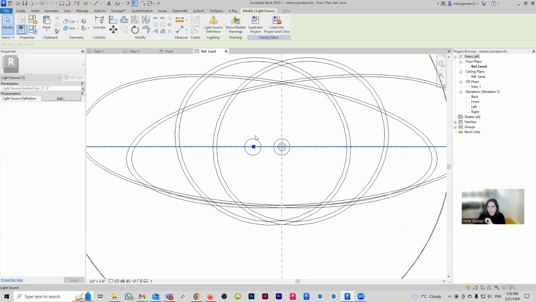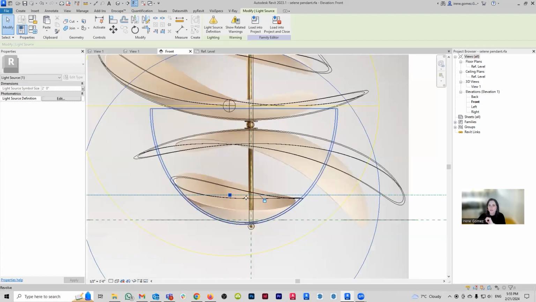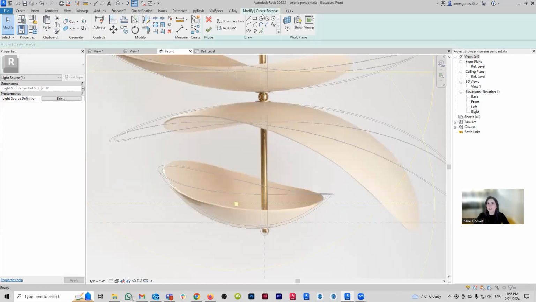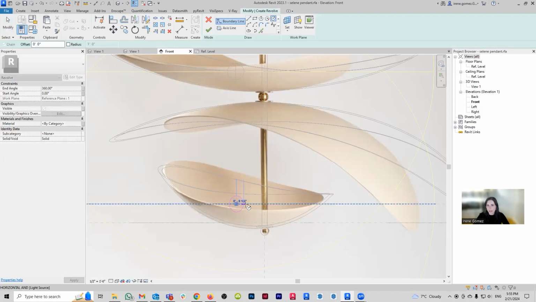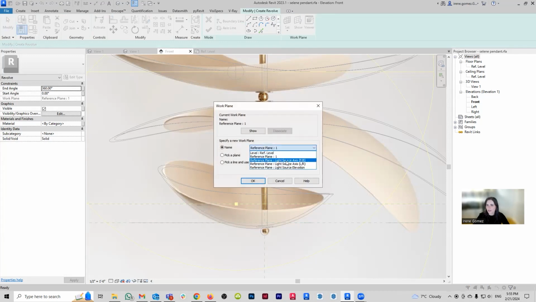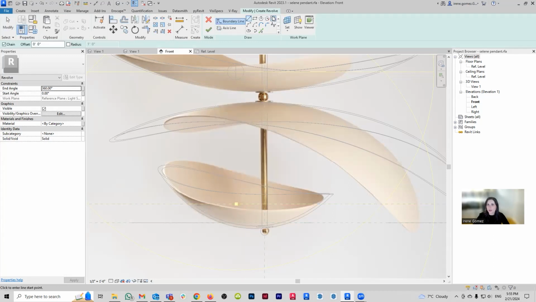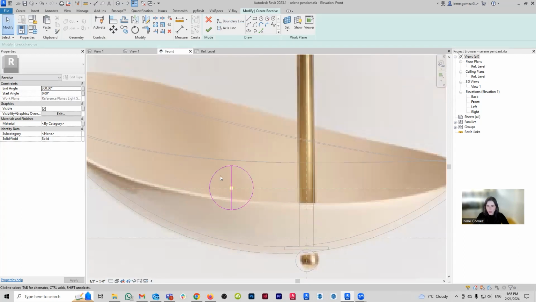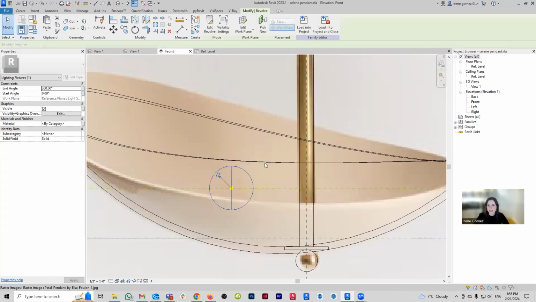I'm going to put it around the same position as this other one. Go back to my front view. And I think this needs to be a little bit lower. And now I'm going to do exactly the same thing that I did with that one. I'm just going to create a revolve that is going to be a little circle. Make sure that you're working in the correct reference plane, front, back, okay. And now I'm going to make my circle, and again I don't want it to be really big. So I'm going to draw my half, and then I'm going to go SL to split, and I'm going to trim, trim, trim, trim, trim, trim, and then I'm going to pick my axis line, and I'm going to say that it's going to be there. Sure. And then yes. And there you go.